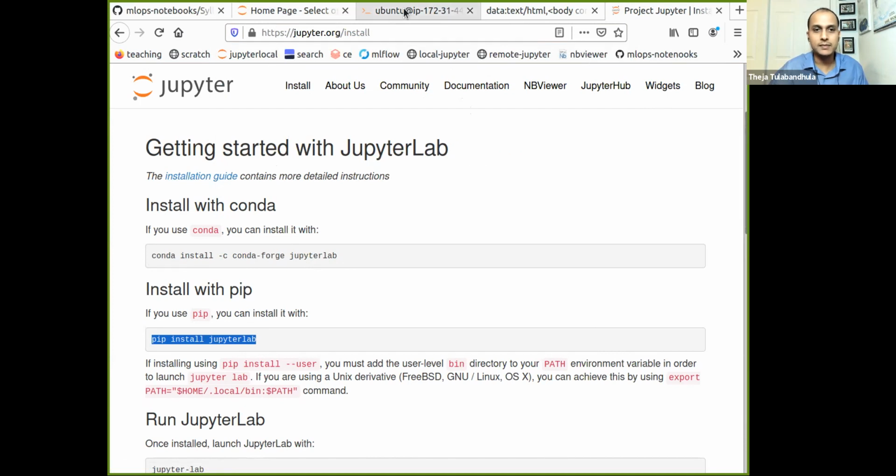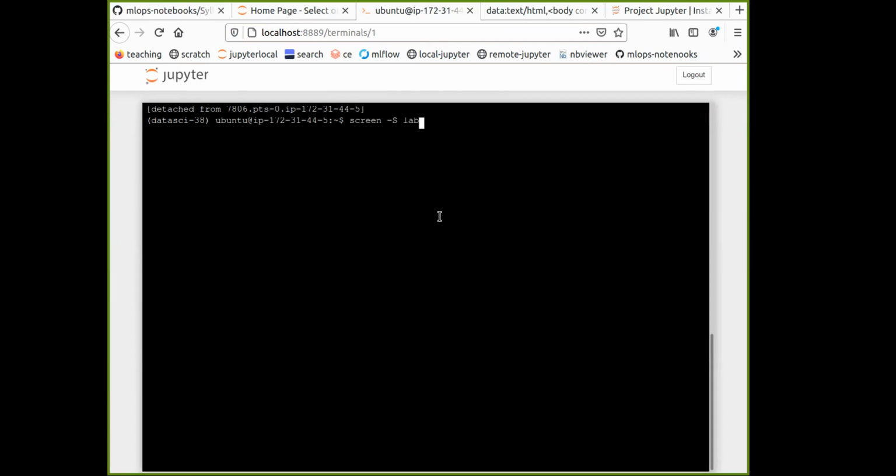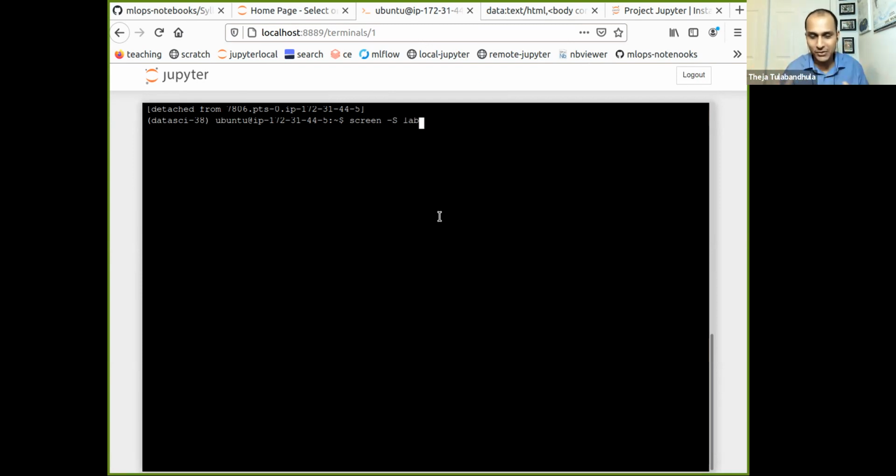Now what I want to do is create another screen session, screen -S. The -S just means the session name that I want to create. Let me call it lab. It's something different, just for showing you that there's a slightly different web view or browser view that you can see. So screen -S lab is just a new screen session that I'm creating with a name called lab. That doesn't change much. It's exactly the same thing. Because I executed that command, I'm now in a terminal within a terminal.